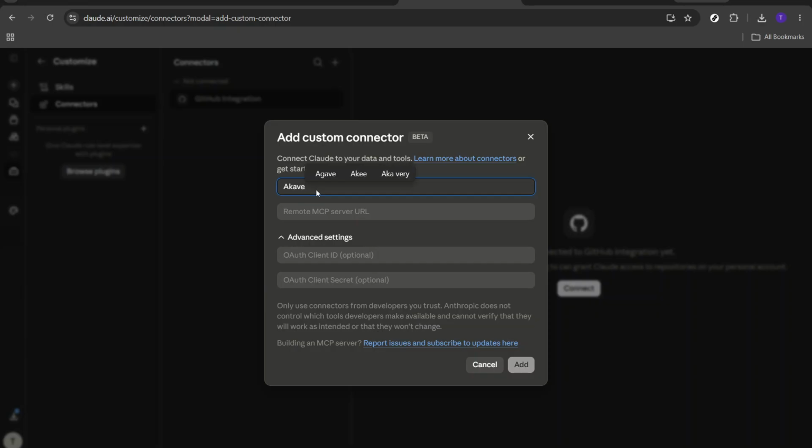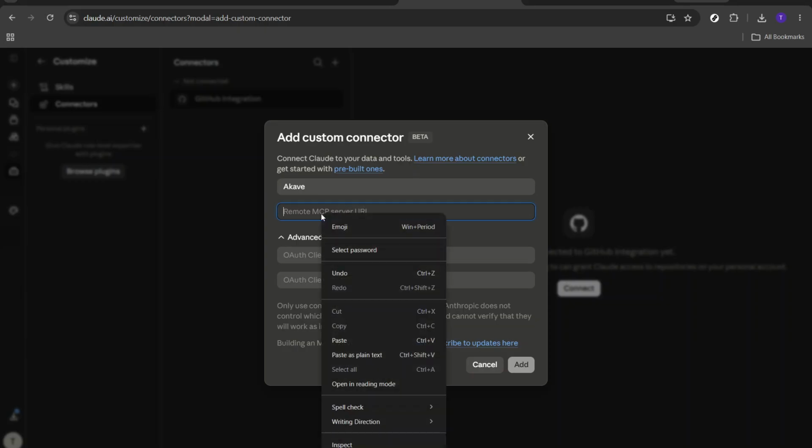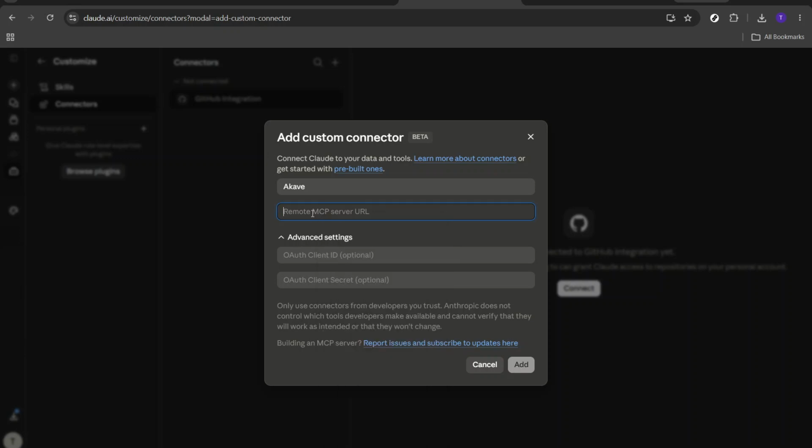for the correct details. After entering the URL, you might need to complete some authentication prompts. These are security measures to validate your access to the Akave MCP server. Follow the instructions carefully, as any missteps could hinder the integration process. Typically, this involves entering credentials such as a username and password, or perhaps a token, if that's been provided by